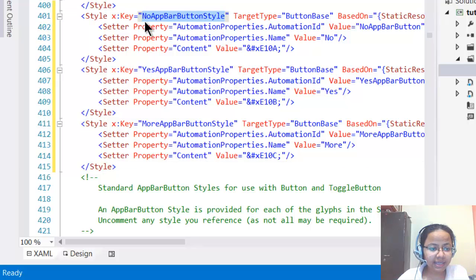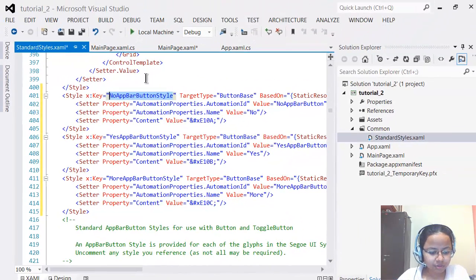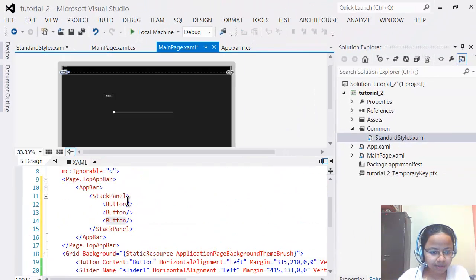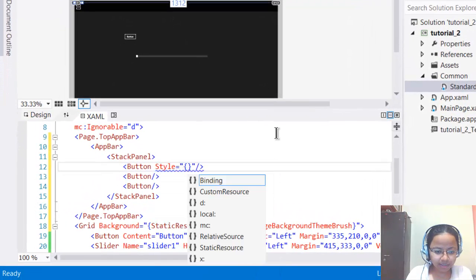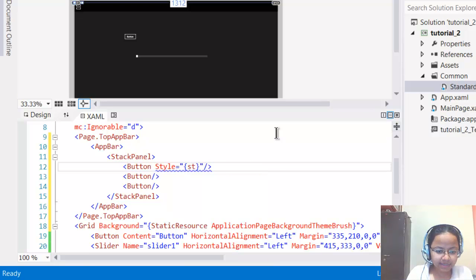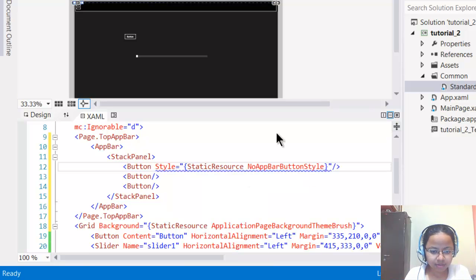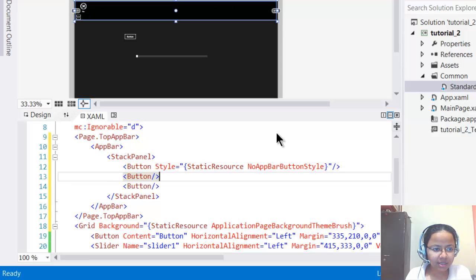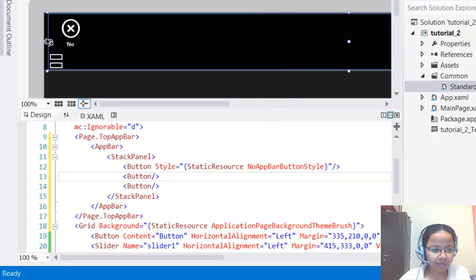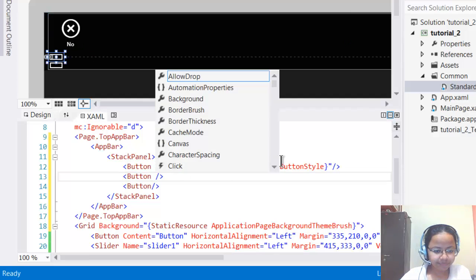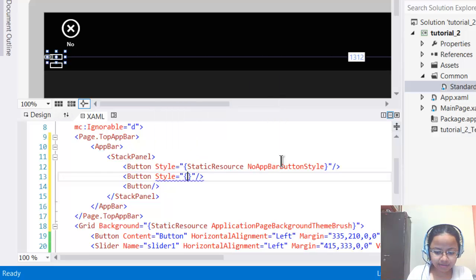Now I use the key to specify this in my buttons. So yeah, these are the buttons and the style is going to be static resource and I mention the key. So as you can see in the designer also, it has got a predefined style. Similarly, style